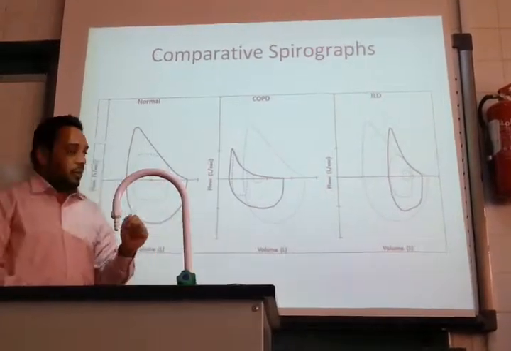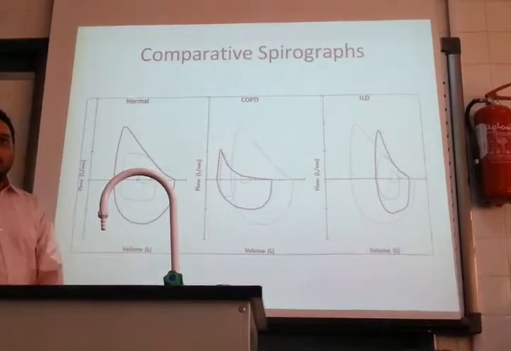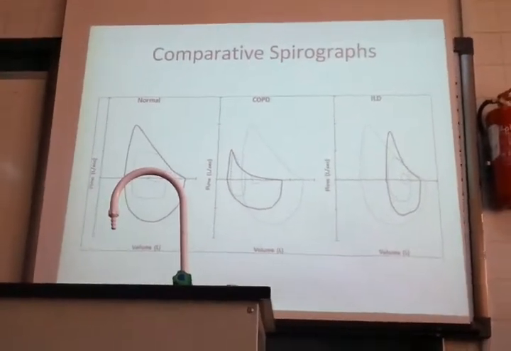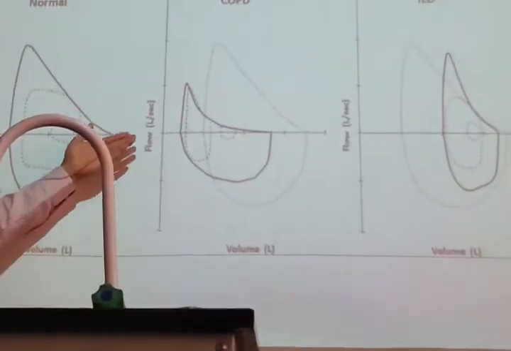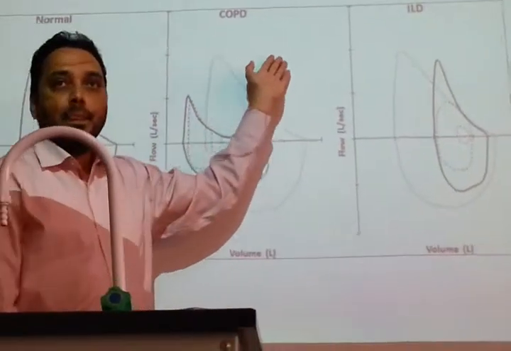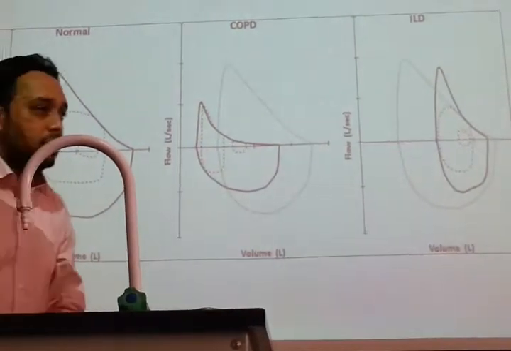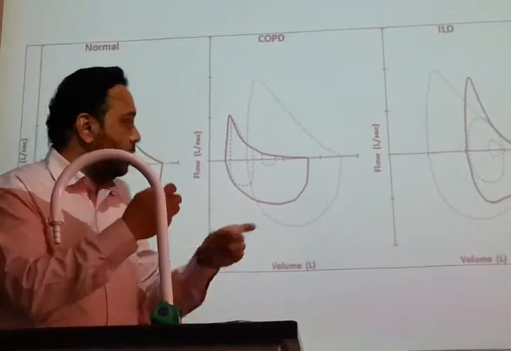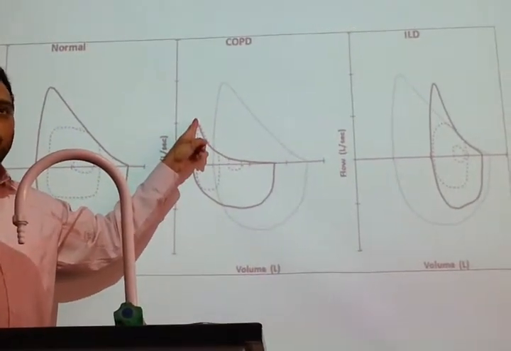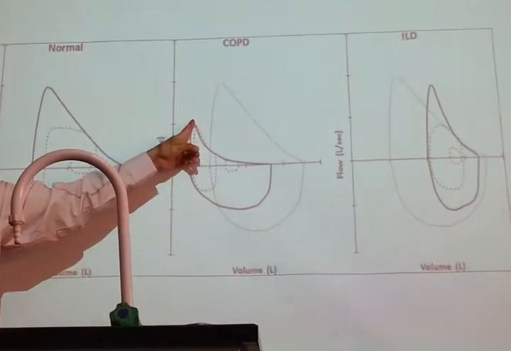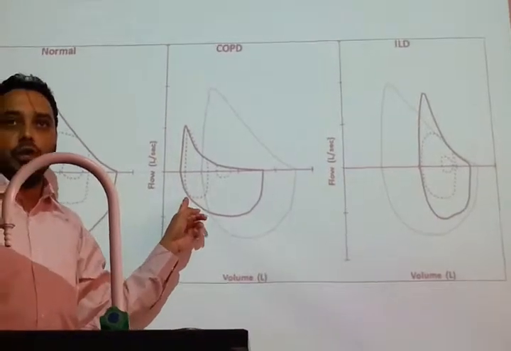In the normal, you can see how to take in the air. In obstructive disorders, look at how to give out the air. Compare it with the normal. What is happening? It is very difficult to forcefully give out air. See the amount of air that is coming out in maximum forceful expiration. In inspiration, it's somewhat okay.